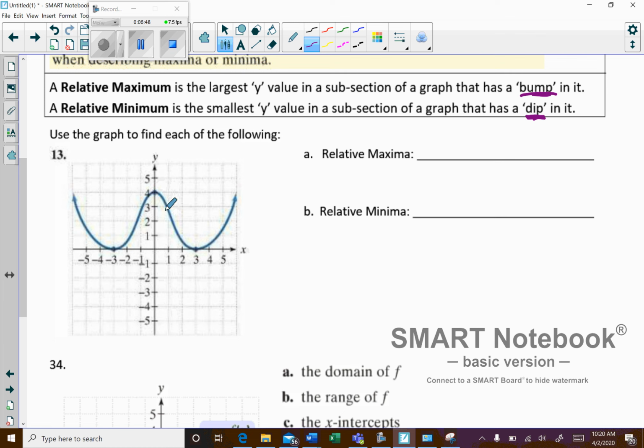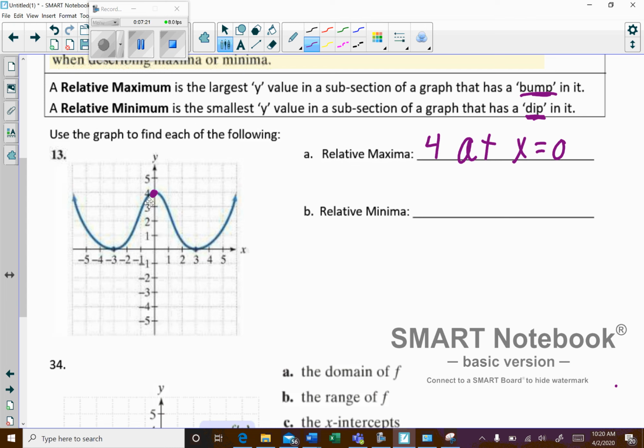And so on your homework, the way it's probably going to ask you to do this is it's going to ask you, where's the relative maxima? Okay, the relative maximum is right here. And the relative maximum is actually the y value. So it's 4, and it's occurring, oops, let me write that a little bit neater, it's occurring at x equals 0. Okay, so a lot of times they're going to ask you,